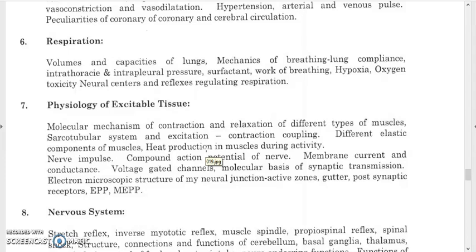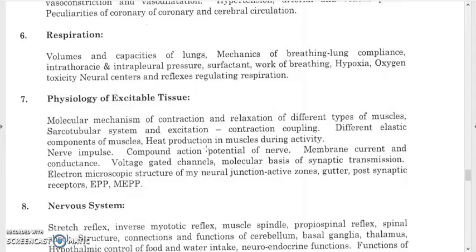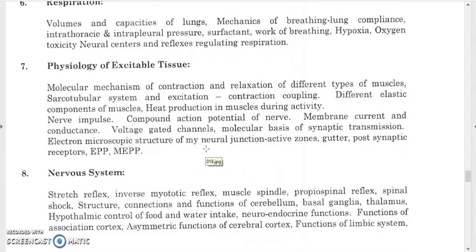the regulation of respiration occurs, like how our breathing is controlled, what are the different parts of the brain which control the breathing rate, and physiology of excitable tissue, that is molecular mechanism of contraction and relaxation of different types of muscles, sarcotubular system and excitation contraction coupling, different elastic components of muscles, heat production in muscles during activity, nerve impulse propagation, how nerve impulse propagation occurs, compound action potential of nerves, membrane current and conductance, voltage gated channels, molecular basis of